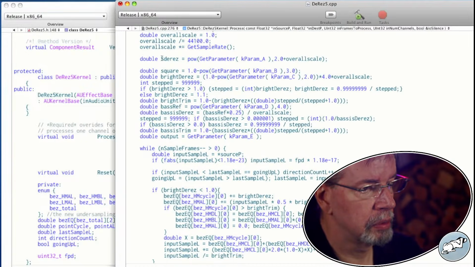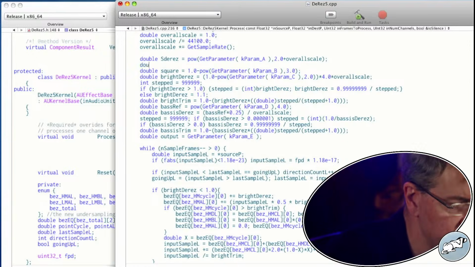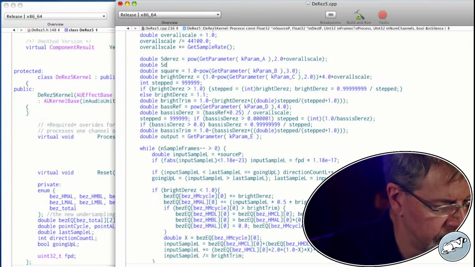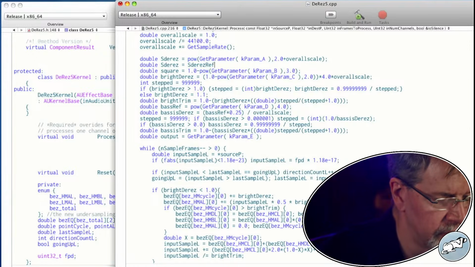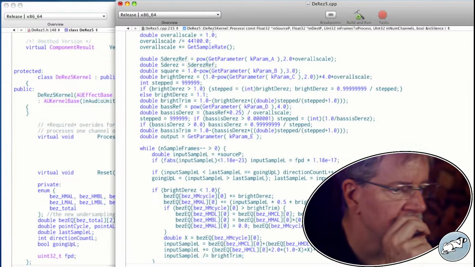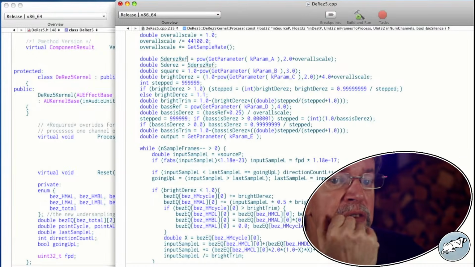So we can do this. And I could have that be in the H file as well.